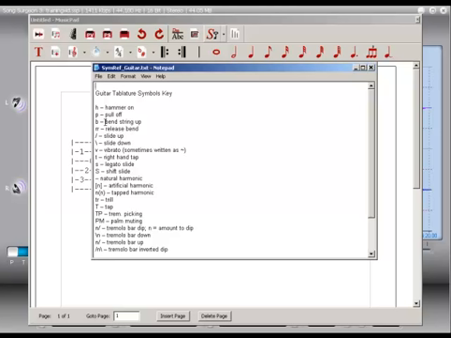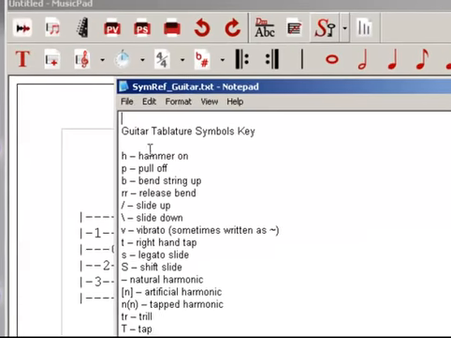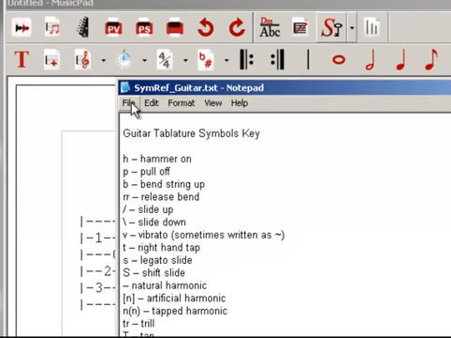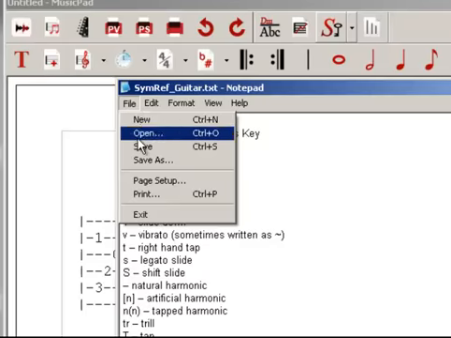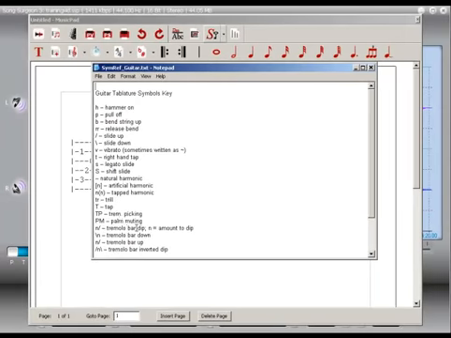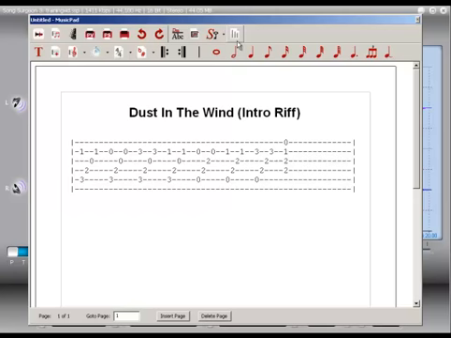So if you find the keys that we have in here don't suit your needs or aren't exactly to your understanding, go ahead and edit them, make whatever changes you need to, and once you've made those changes, just make certain that you go to the File button here in this text window that opens and click Save, and whatever changes you make will be saved, and therefore you've sort of customized the key that you're using to meet your needs and your understanding and your definition. So that's number one. Number two, we have preloaded this with 5 different